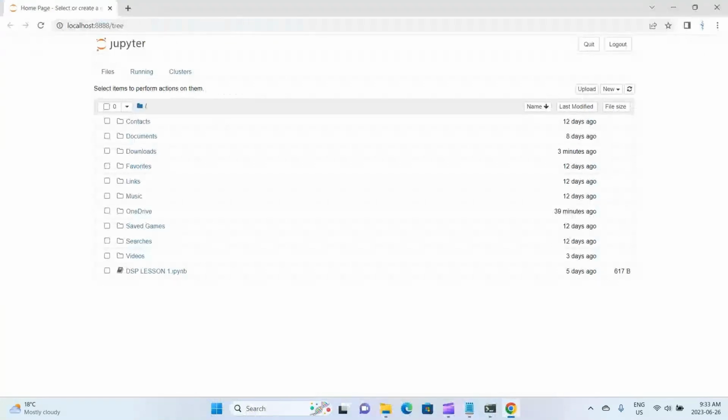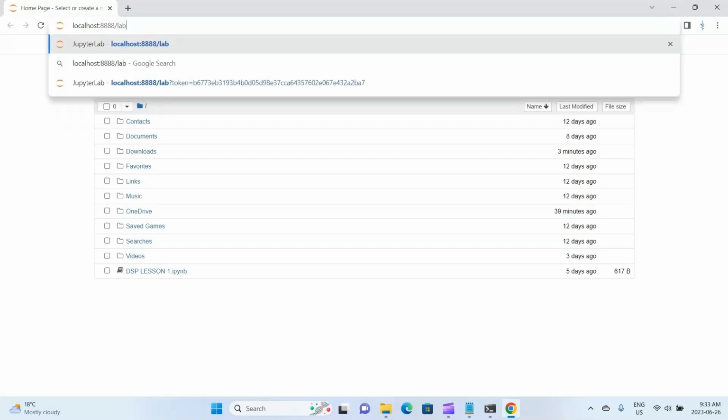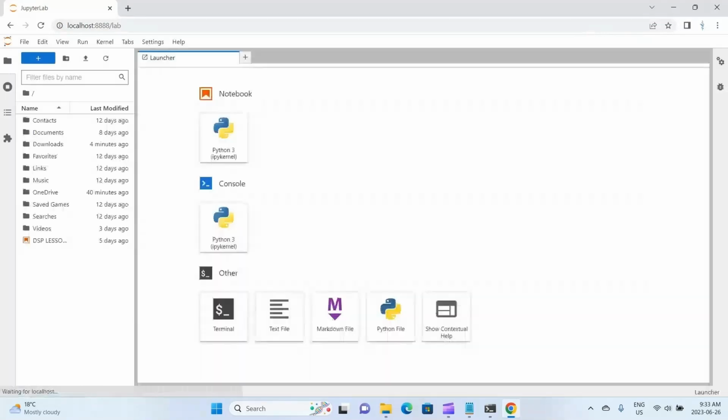Great, so this is Jupyter Notebook. So to get to Jupyter Lab, we need to go to the URL there and replace tree, which is at the end there after the slash. Let's replace tree with lab, all lower caps. I'm just going to highlight that and type lab instead. So after you've done that, you can click enter, and it should take you to Jupyter Lab. Just wait for it to fully load there. Great, perfect.